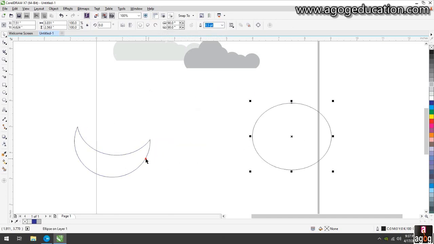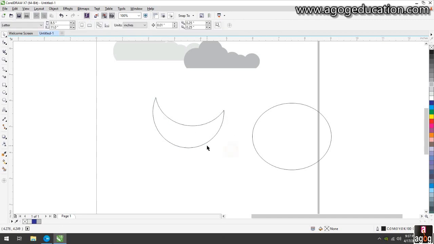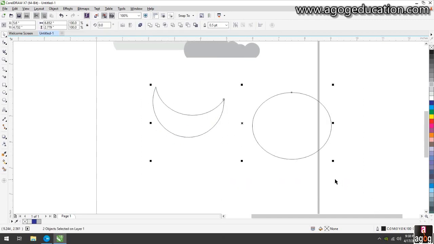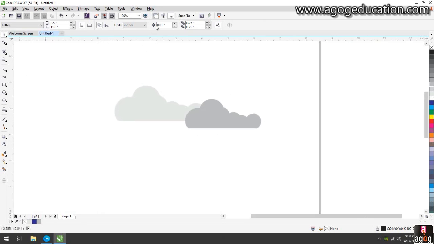Now you can see a moon shape is here using trim. By doing all the tasks with these tools, you can have different types of shapes in CorelDRAW.